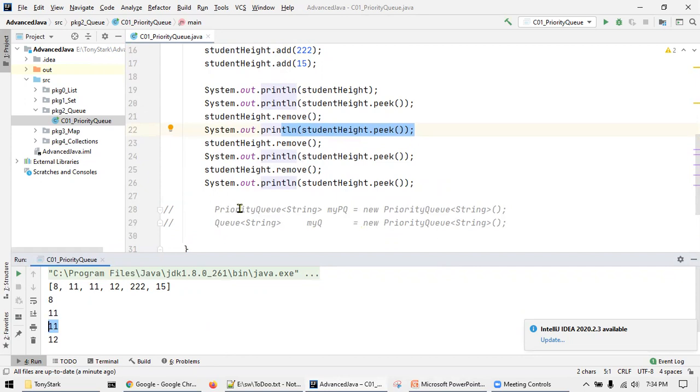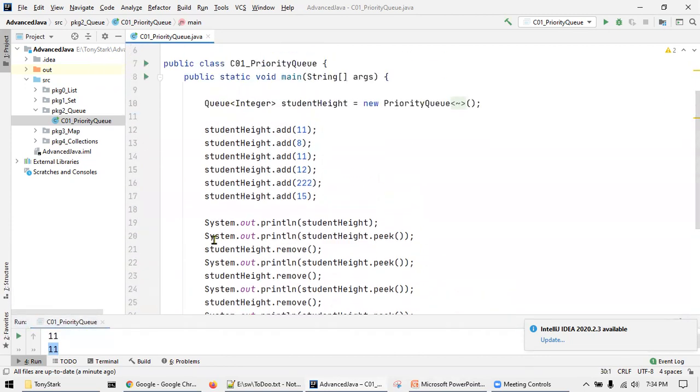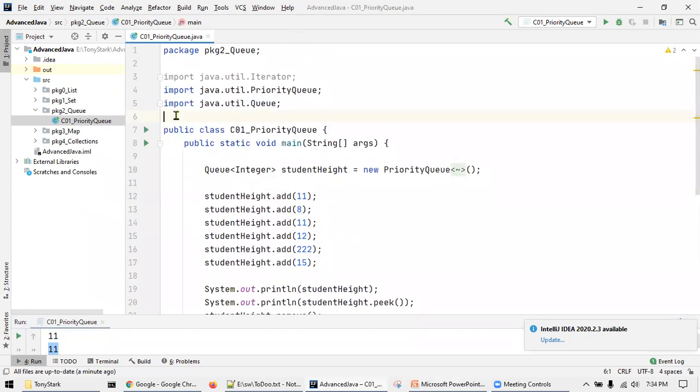Now, like other examples, here the left hand side is an interface, the Queue, and the right hand side is an object of the class. Same thing here. And in this example, the left hand side object type and the right hand side object type are basically the same. So both things are possible, both are normally used. So it's up to you whatever you want to use. Now this is about the PriorityQueue or queue